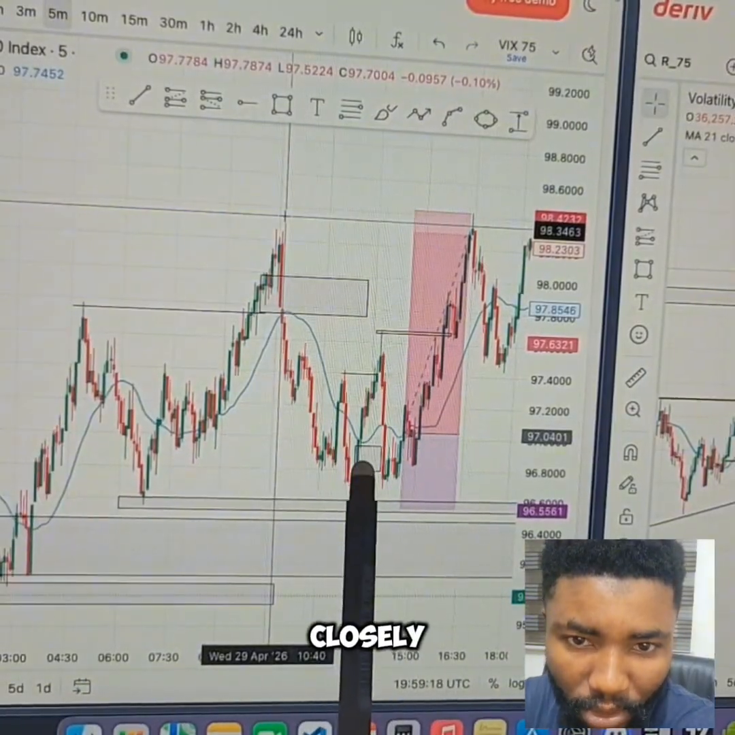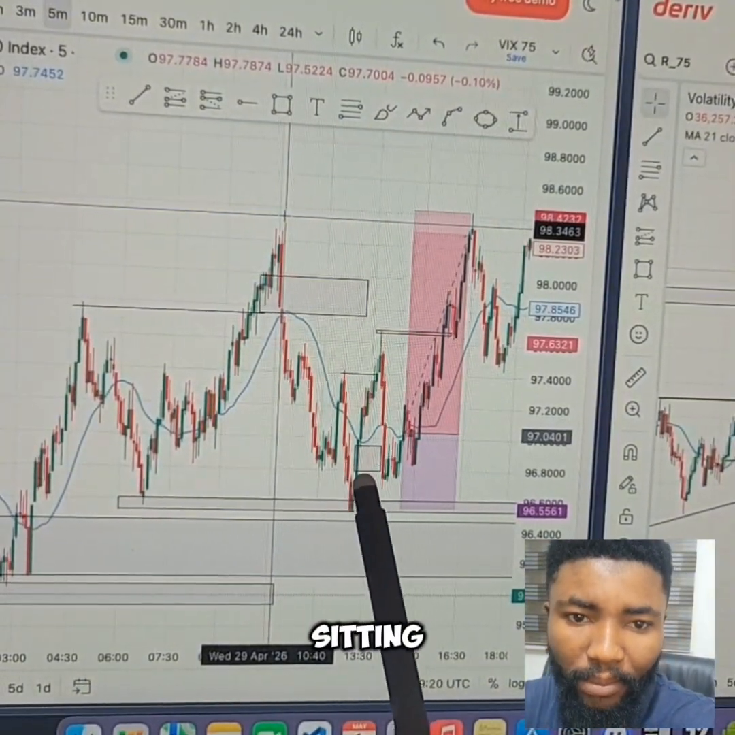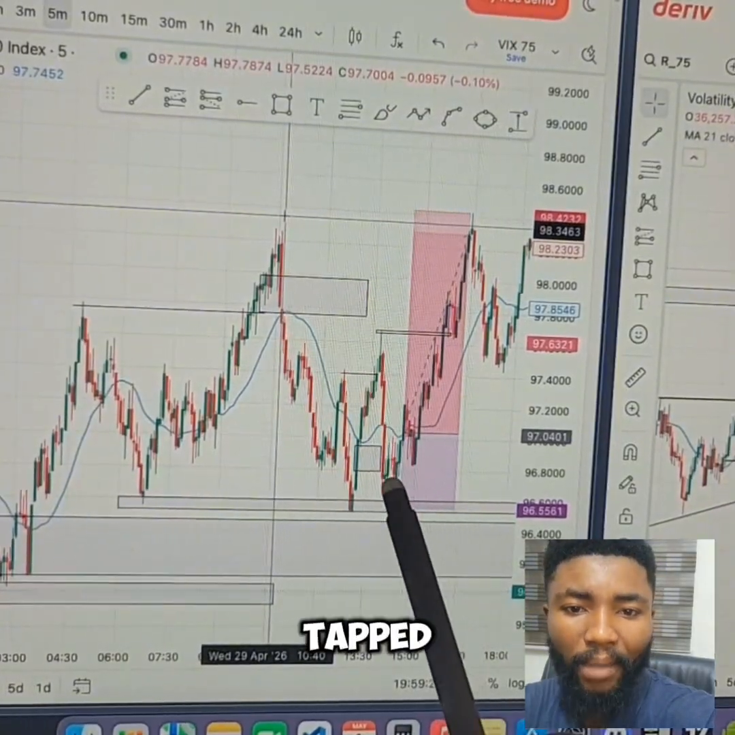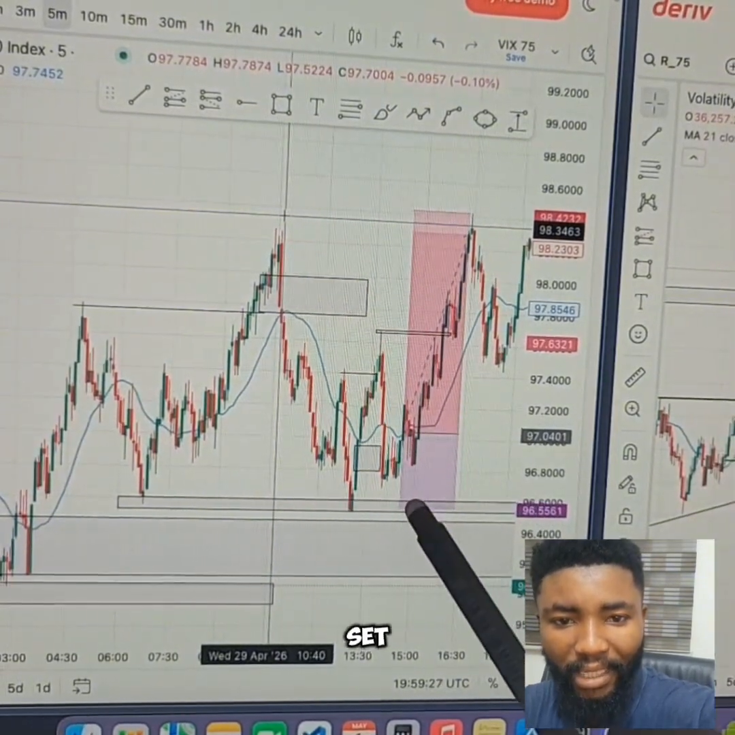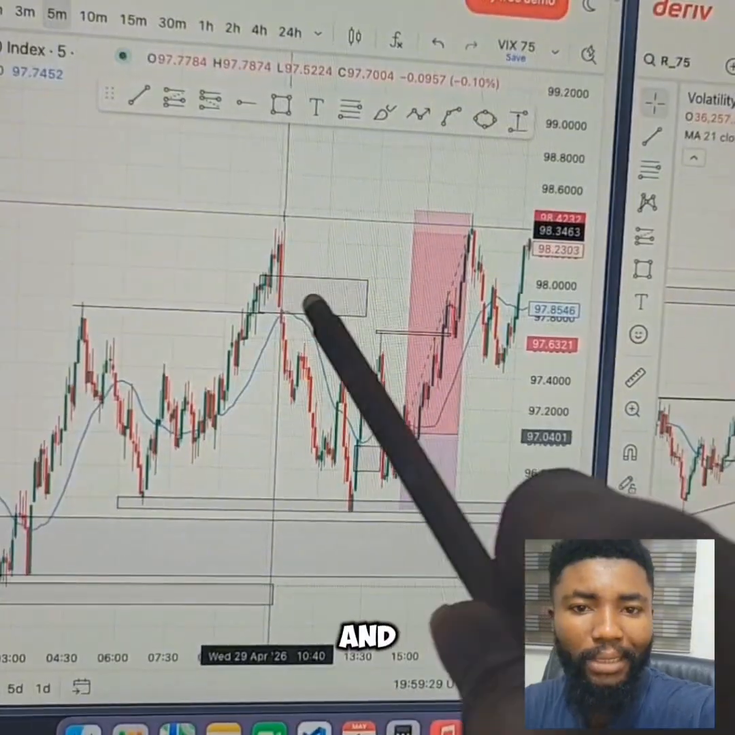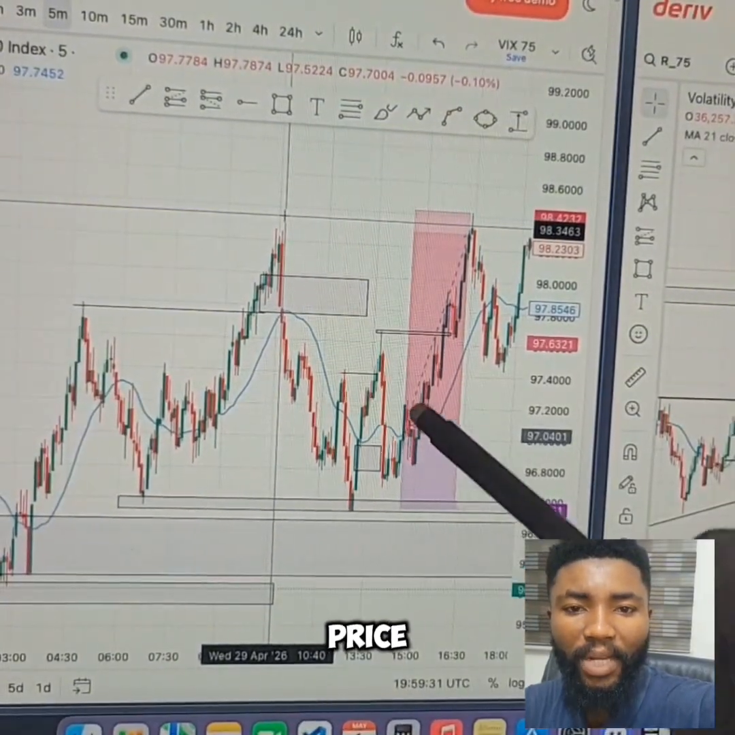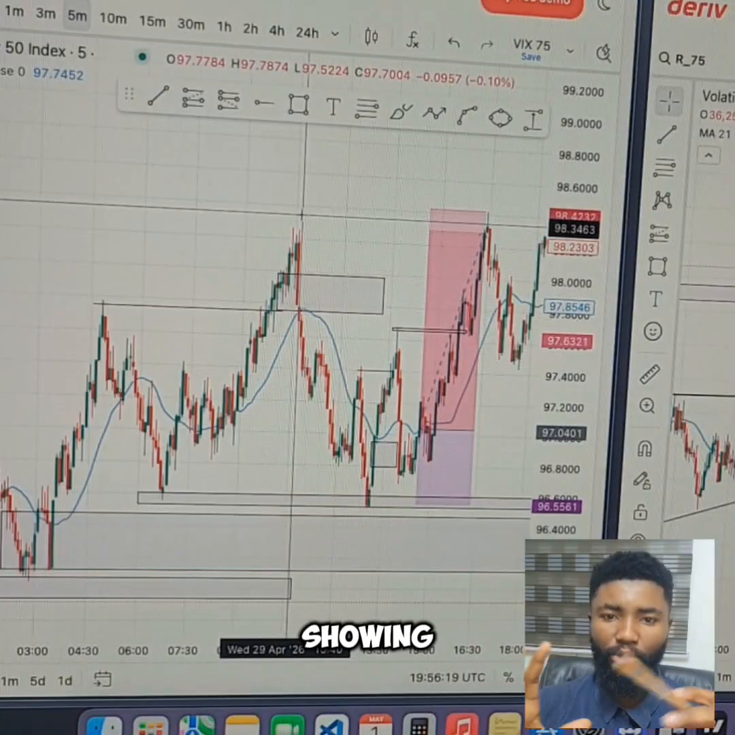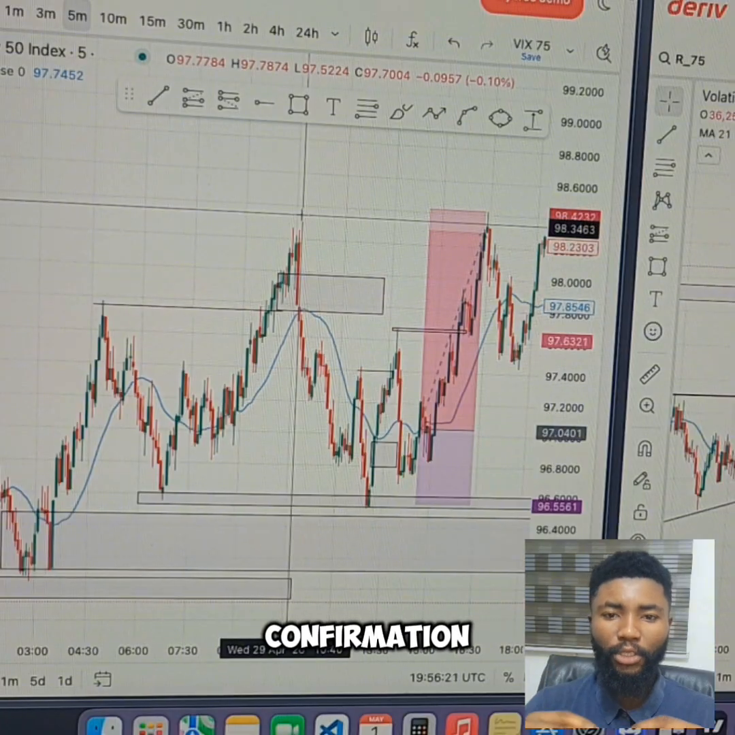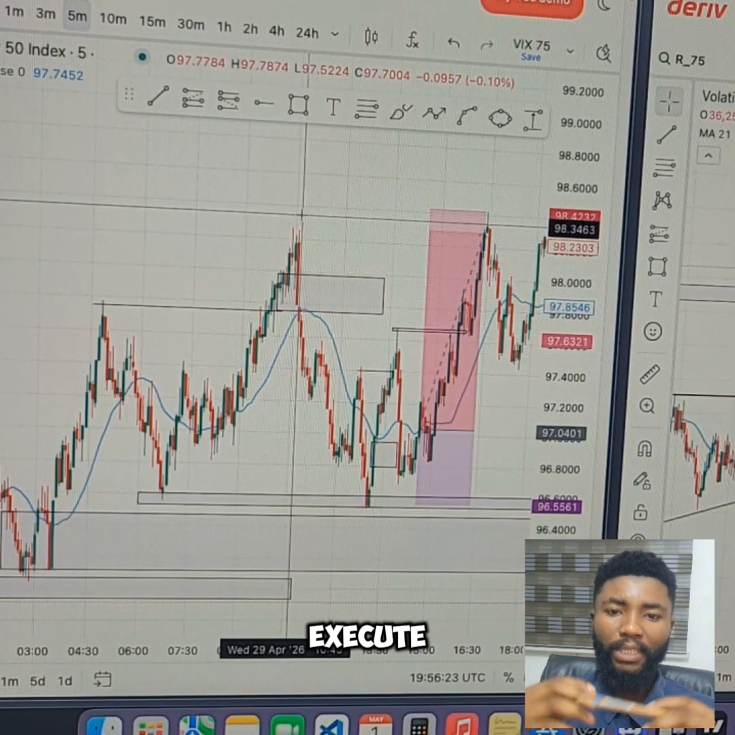check closely, there's a fair value gap sitting right there, and immediately price tapped into that zone. I got my confirmation. I get involved in this trade around here, and then I set my stop loss right below this swing low, and I targeted this high, and you can see our price went ahead and smashed our take profit. So I'm going to be showing you guys how to get confirmation entry before you execute any trade,